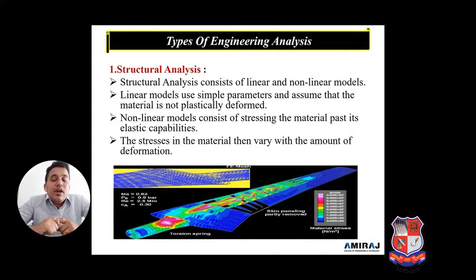First of all, we have to learn the types of engineering analysis. This is the most important part we have to know as an engineer. The first one is structural analysis. Where will structural analysis be used? Structural analysis is used for linear and non-linear models. As we know, the strength of any structure is analyzed by structural analysis. If we have a body, or say a car chassis, and we analyze it in a steady state condition, then it is considered structural analysis.